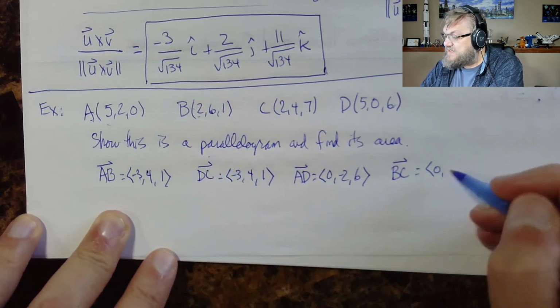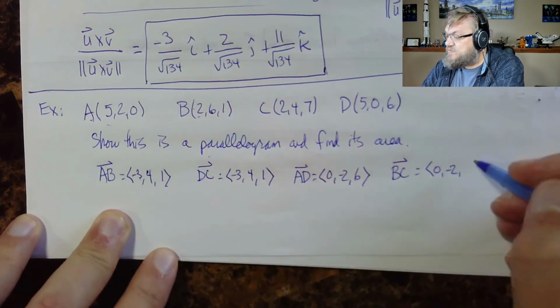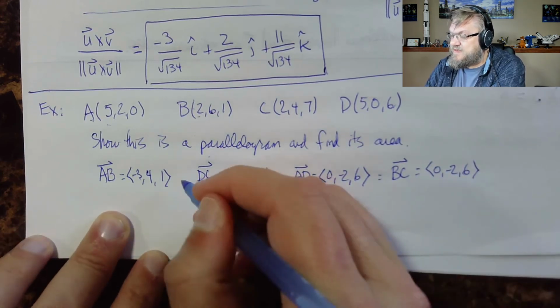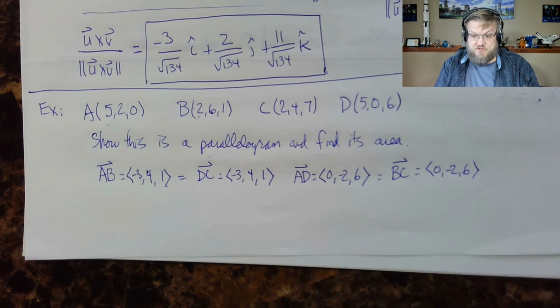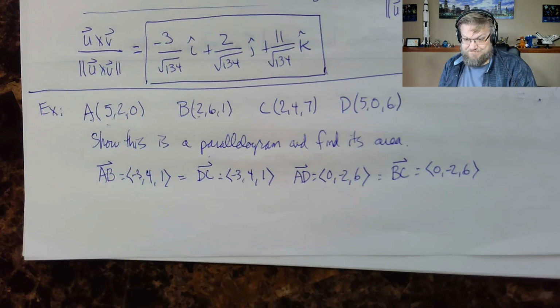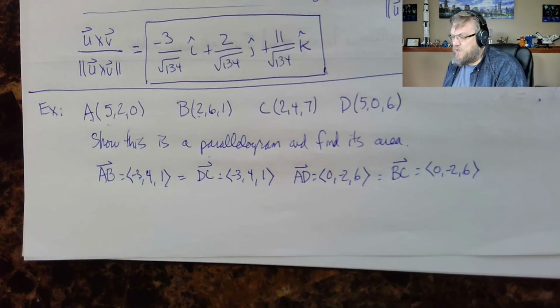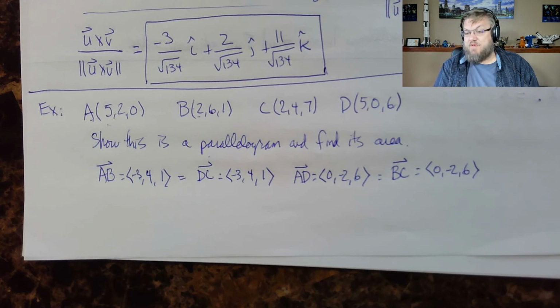4 minus 6 is negative 2. 7 minus 1 is 6. And indeed, these are equal, and these are equal. That shows it's a parallelogram, right? Opposite sides are not only parallel, but they're congruent. Okay, now we know we have a parallelogram, which means I now have to find the area of such a